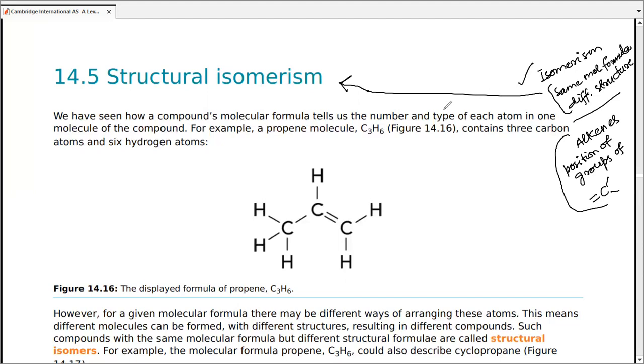Okay, so let's get started with structural isomerism, the one you're most familiar with from IGCSE, the one that we commonly define as same molecular formula, but different structure, structural formula. Both ways it can be defined, and both ways it's actually correct. Now, we do understand that a molecular formula tells the number of and type of atom in one molecule of compound, and that's actually the exact number. That's not a ratio. Now, propene has a C3H6 formula, 3 carbon atoms, 6 hydrogen atoms,